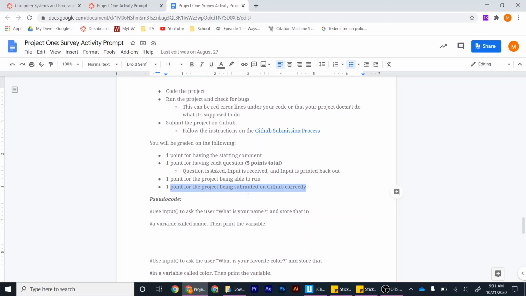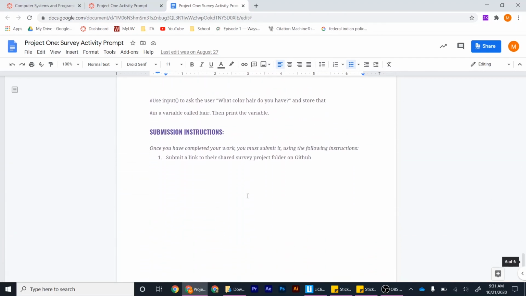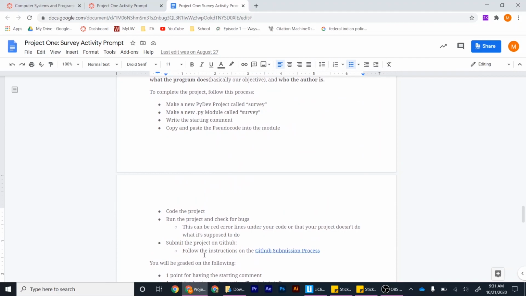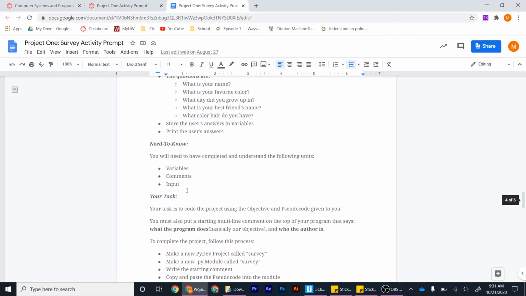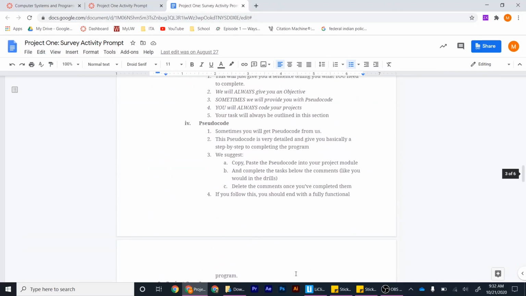So as long as you follow the pseudocode and go through, you should be able to get through this project fairly simply. If you have any questions, you can